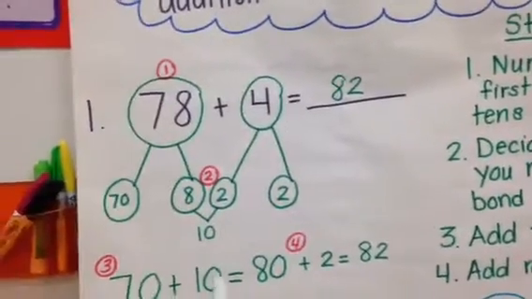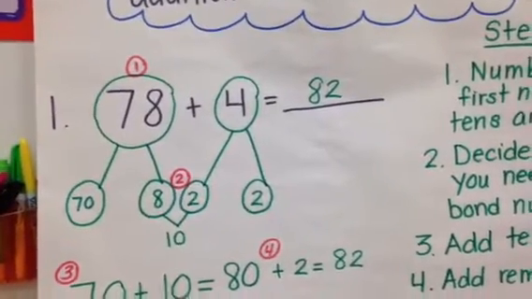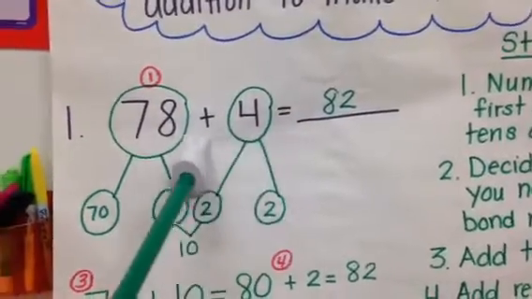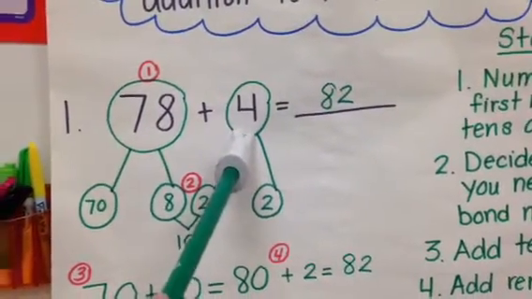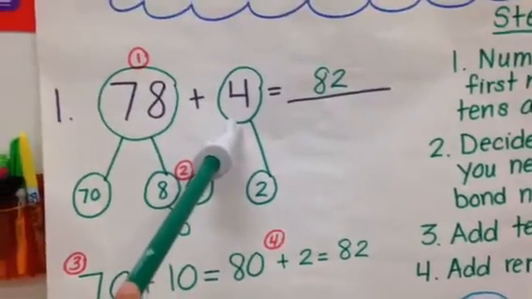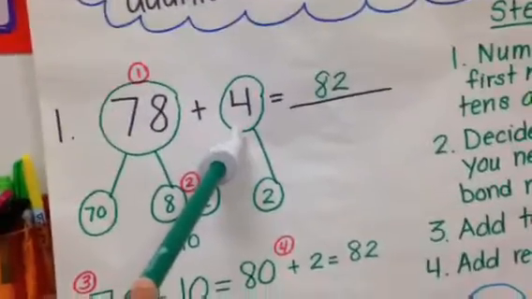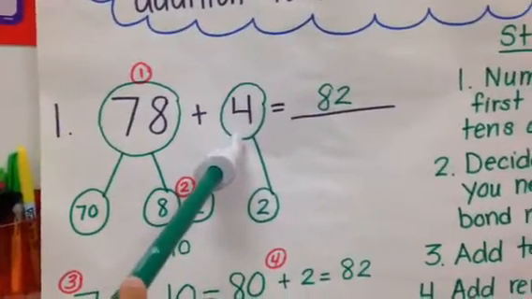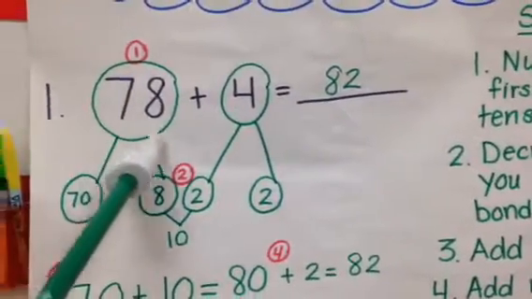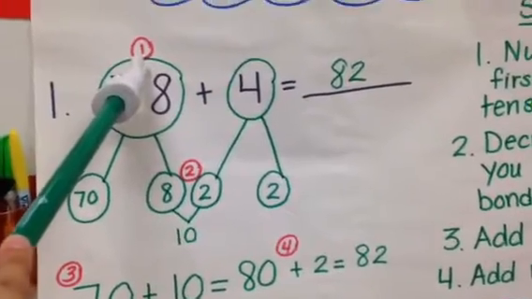Here is the trick. Normally, we would use a basic fact. But 8 plus 4 is more than 10. So we have to do something a little different now. We have to look at our first number and decompose it. We need to break it down